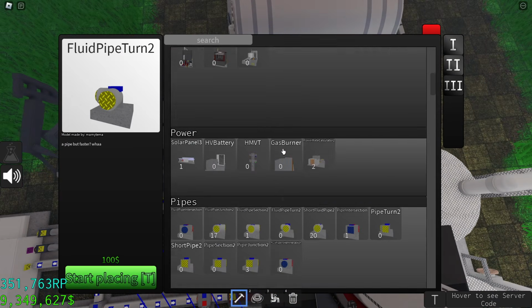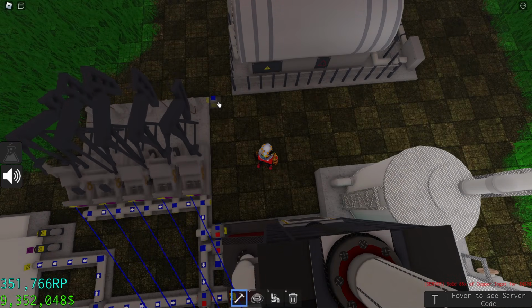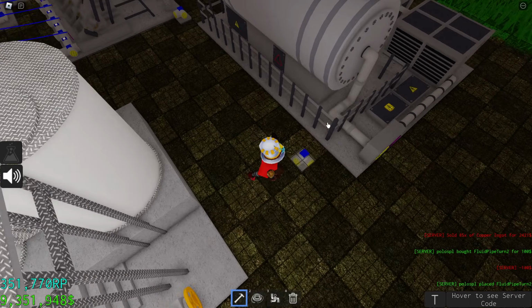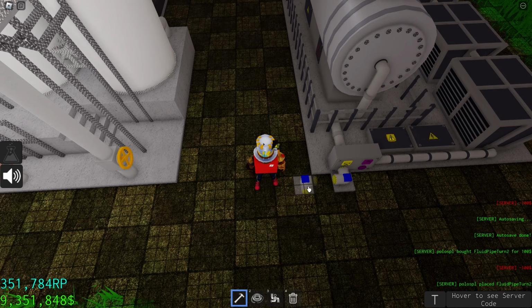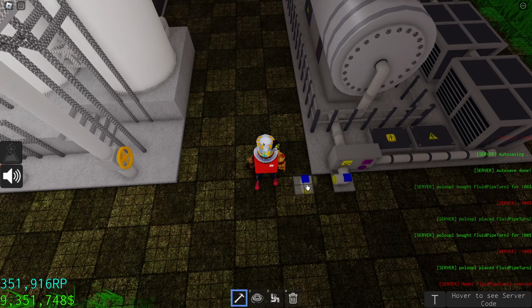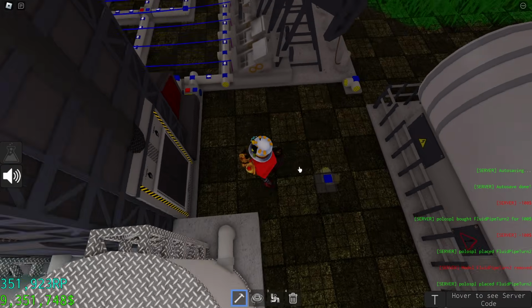So after that, I'm going to connect the ethylene output with a pipeline to the ethylene input on the oxidation plant.